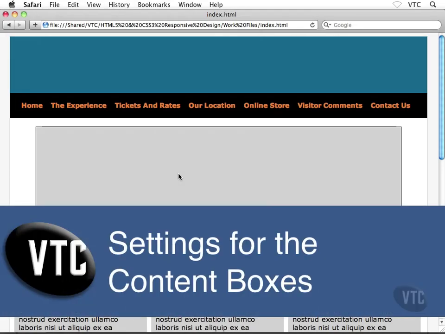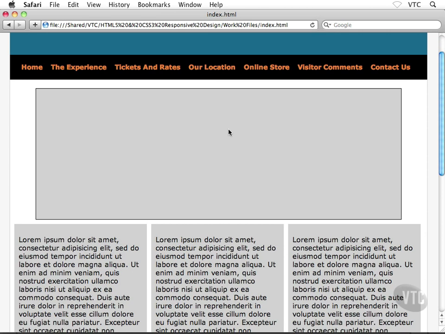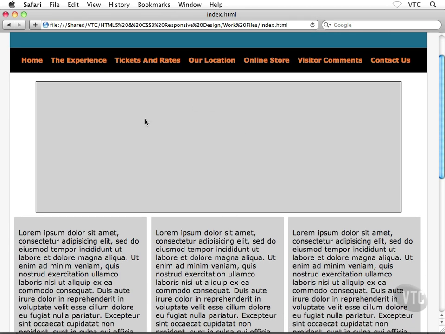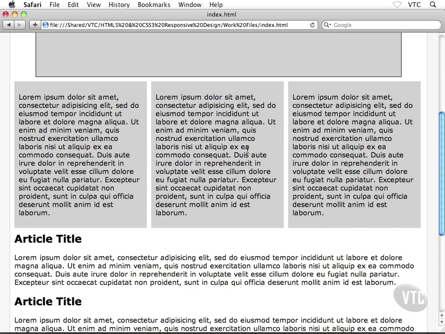Okay, let's continue on with the design for our high-resolution layout here. Now, the slideshow would be next, right? But we're actually going to have a whole pile of exercises, a whole set of lessons dedicated to inserting graphics. So I'm going to skip over the slideshow for now. I'm going to leave him as is, and we're going to head all the way down to the 3 content